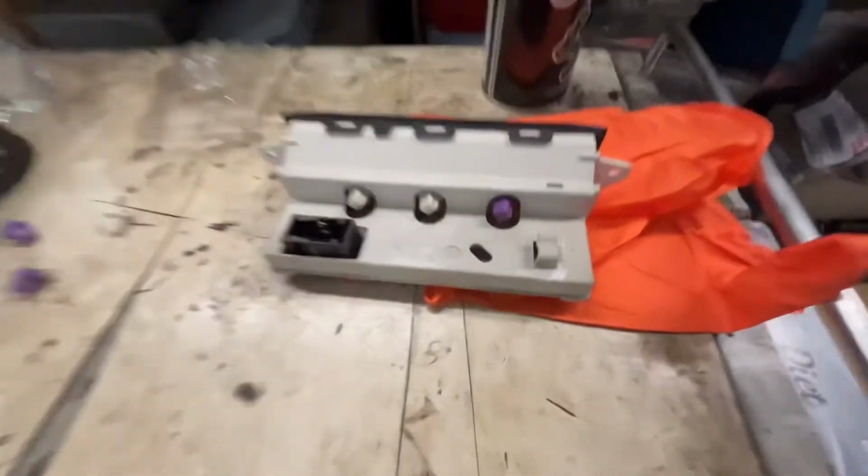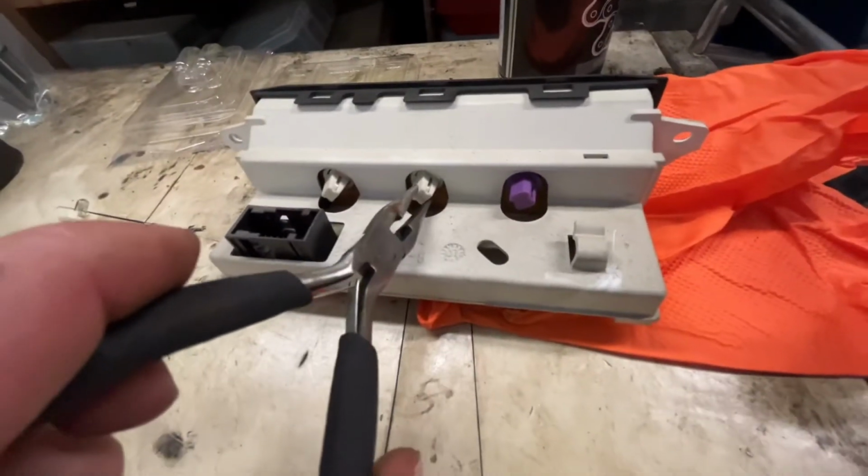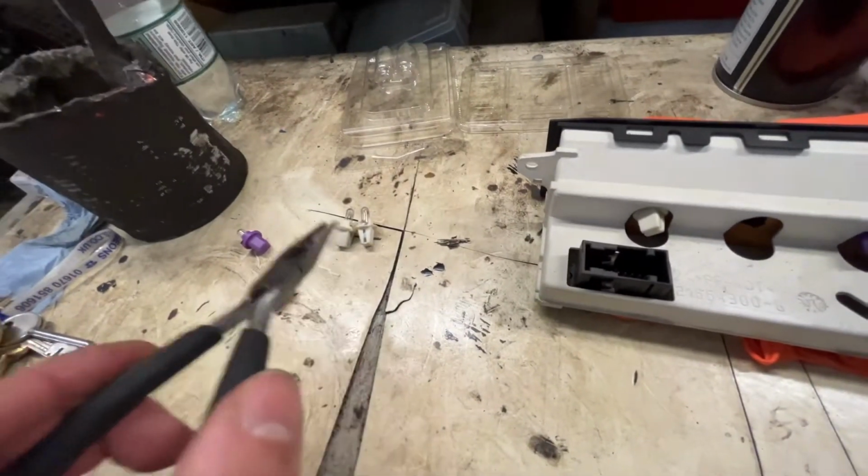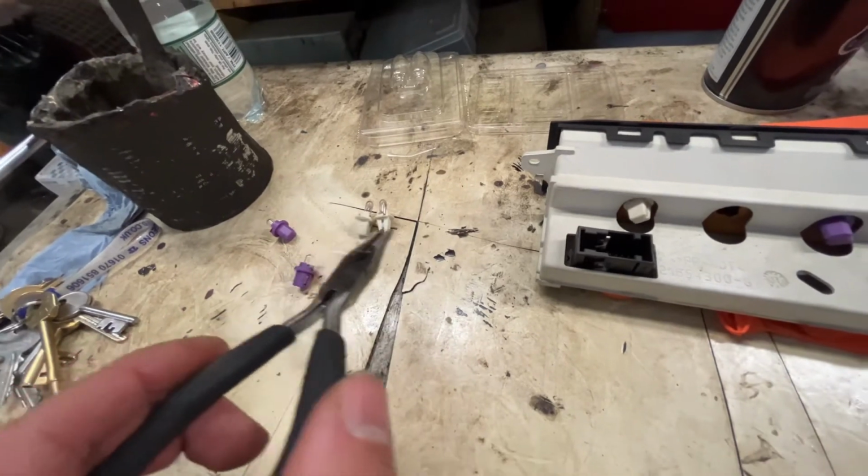So all you do, I'll try and do this one-handed, is you just get them on, quarter of a turn, and they pop out. You can just change the bulb on these, but what you tend to find is the actual